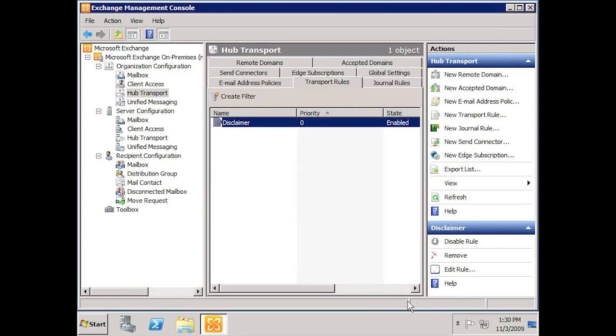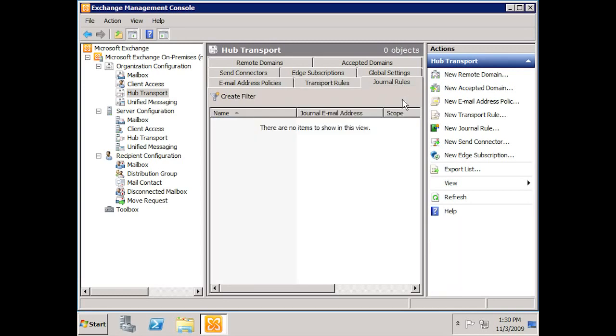And so you don't want to go crazy with transport rules. You don't want to have a billion of them, but it's a good idea to have a few transport rules to control the flow of mail a little better. The other set of rules that you may want to take into consideration are journal rules, which are great because,